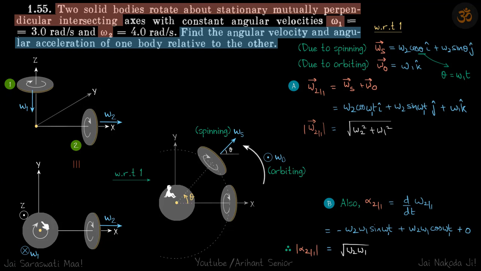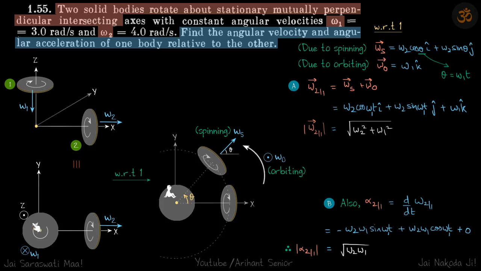So this disk will appear to be rotating clockwise. So omega 1 is going to be inside the plane. You can see that z and omega 1 here are opposite in direction, just like here. So these two are similar. Now let's observe the motion with respect to 1. So we are going to fix plate number 1. Our observer is sitting on plate number 1, which means plate number 1 is fixed.